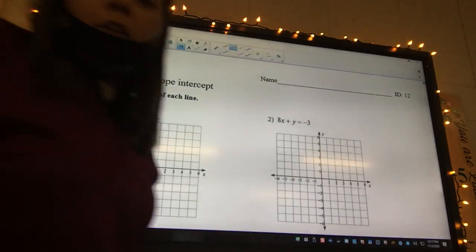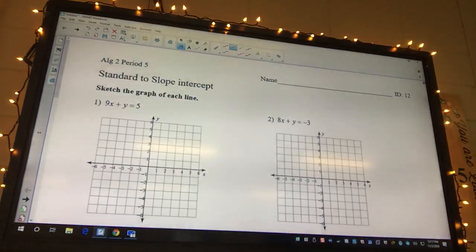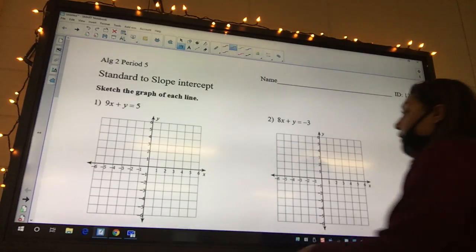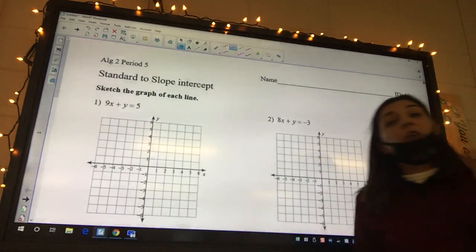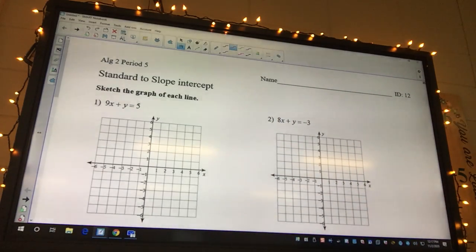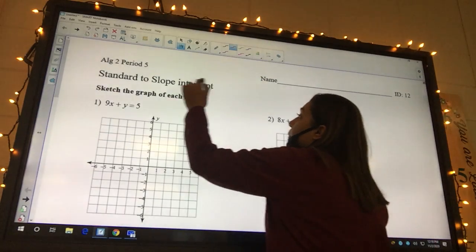Okay, so standard to slope-intercept form. Standard form means when it just looks like some random stuff, okay? Slope-intercept form, so it says sketch the graph of each line. In order for you to graph something, it has to be in slope-intercept form, okay? Well, slope-intercept form,